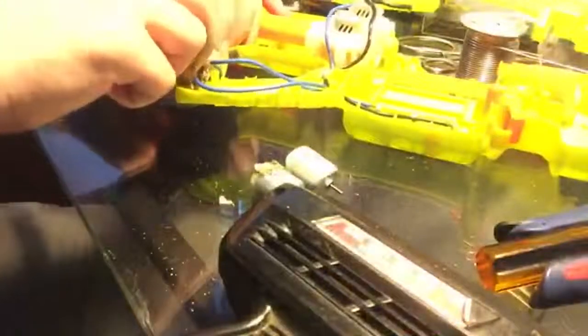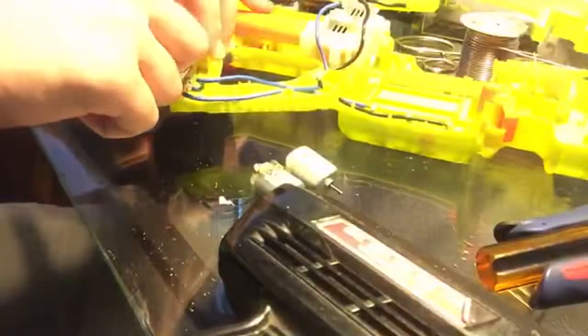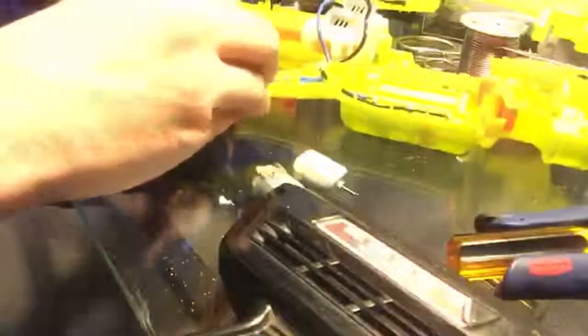Okay. So the whole release mechanism for that is all done right there. So, I was looking at this, and I was thinking that this would fit right there, and I actually had it clicking. But I'm actually pretty confident that I could just take this bit out right here, if I can get these in here. Just that no longer exists, because I'm not planning on going back to the old switch. The old switches do not handle the current that this one does. So let's pretend that that goes there, and